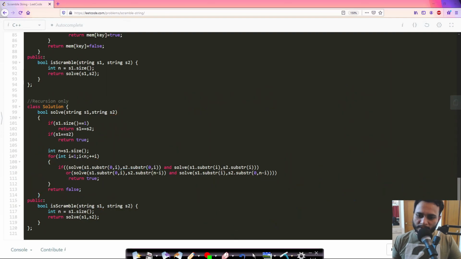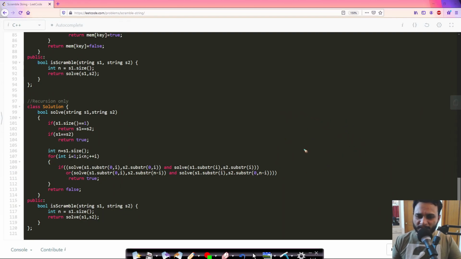So how do we optimize this code? Now in this problem, you can see that this is an exponential time complexity problem. So we are basically trying all the possibilities. So once we have solved a subproblem, we should not try to solve it again. If you are not understanding the subproblem and the optimal substructure part, then I would recommend you watch my MCM video. There I have explained everything in detail.